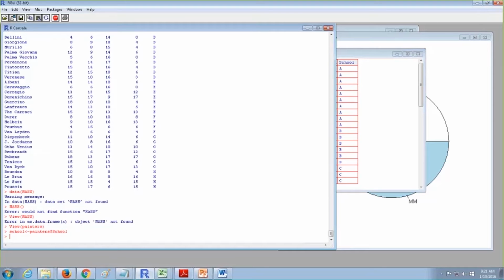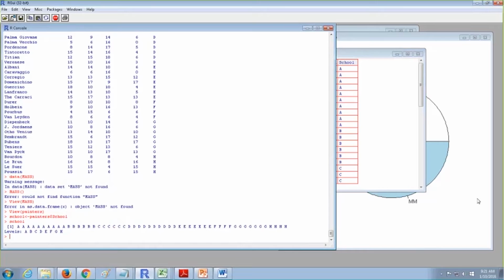If I type school, I can see only the last column which is available. With this, I'll try to create a table. While creating a table, obviously the table is created based on frequency. So I'll give a variable called school.frequency, just for my understanding, and create a table for the variable that I created.